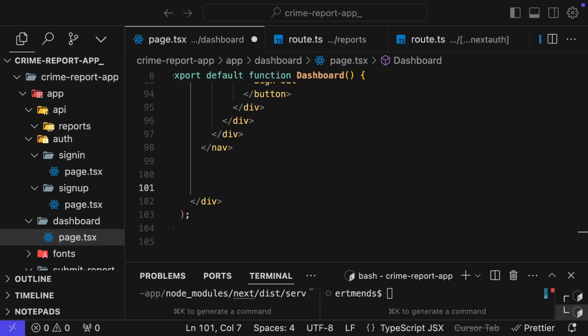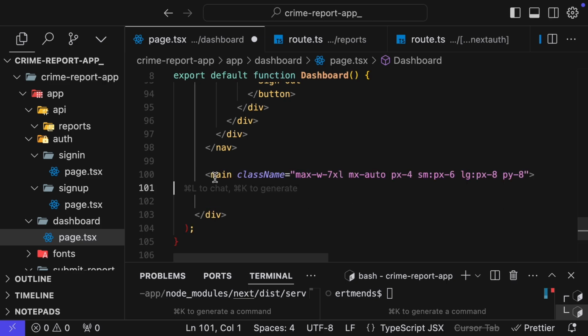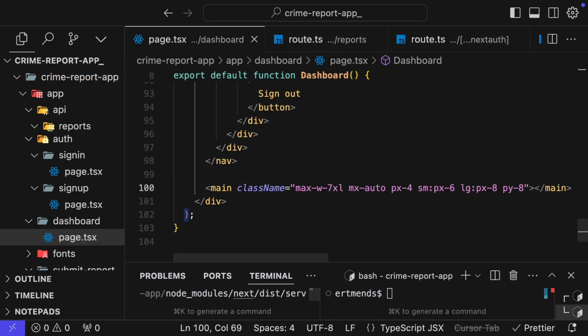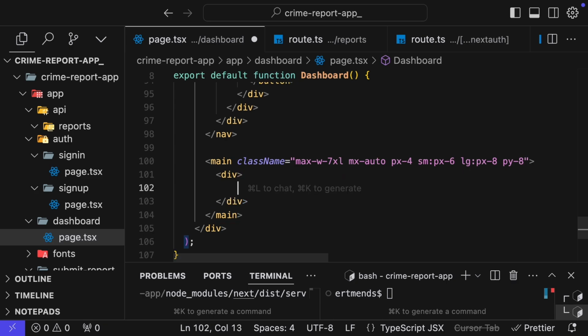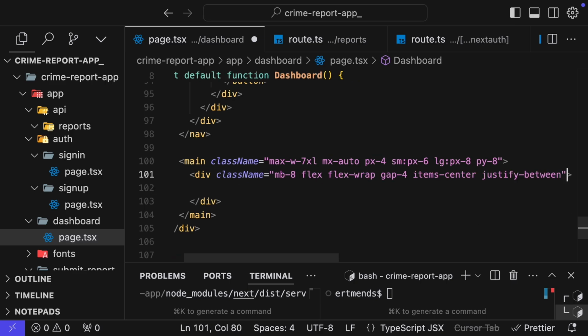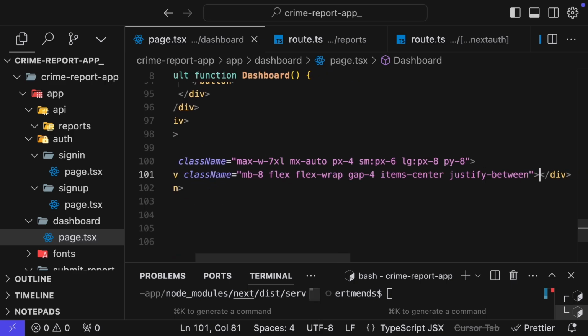So the main element is going to have these. We're going to have a div with the following class properties. Inside this div,